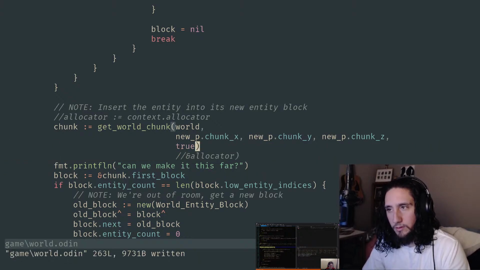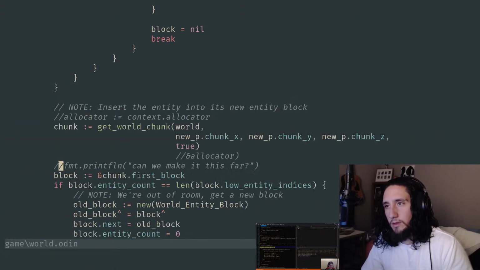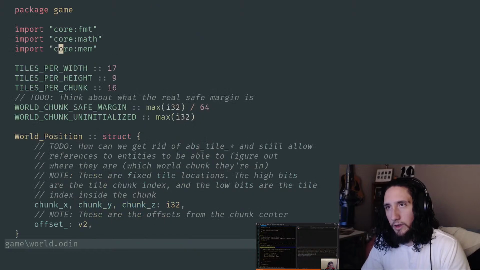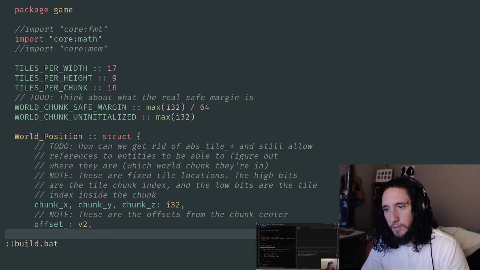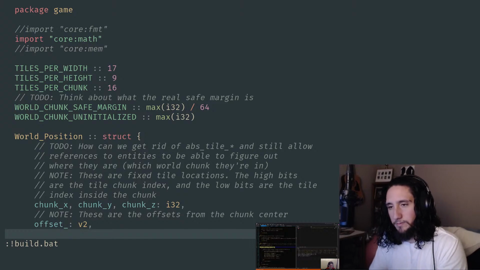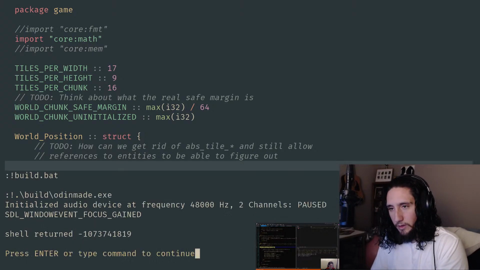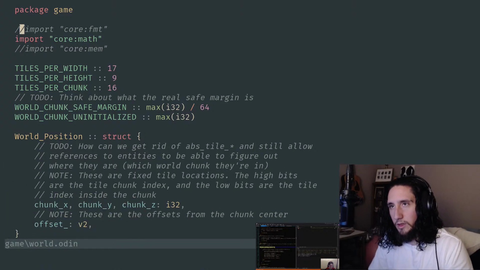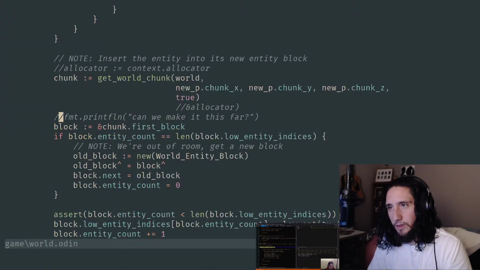Whoops. Of course. Now I gotta comment those out, right? Okay, now let's see if this is any better. If not, then the allocator stuff had nothing to do with it. Okay, so it seemed as though the allocator stuff had nothing to do with it.